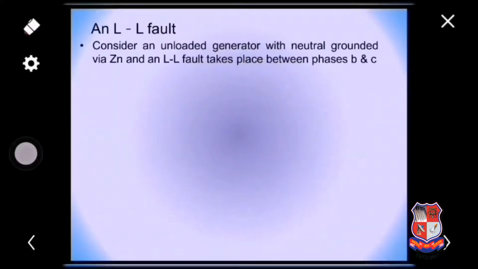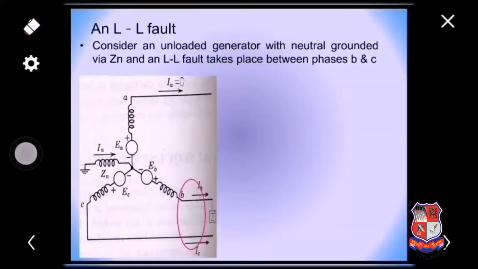Now let us take the next fault, an LL fault, on an unloaded synchronous machine wherein the fault is assumed to occur between phase B and phase C via ZF. ZF could also be 0, that would be a very simple problem, but we will not take ZF equal to 0 first. Now let us put in the boundary conditions. What will be the boundary conditions? Before occurrence of the fault there was no current in phase A. Now when the fault takes place between B and C, fault currents IB and IC will flow, and if I assume IB is greater than IC at any time, then IB is itself the fault current, and that is equal to minus IC. So the first boundary condition is IA equal to 0.